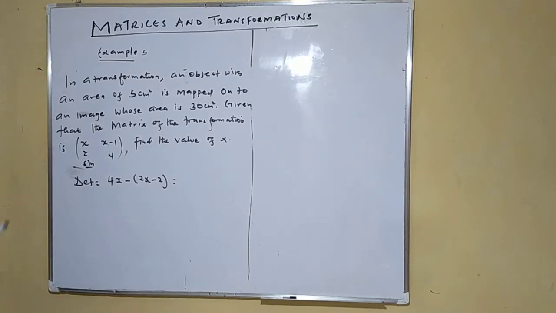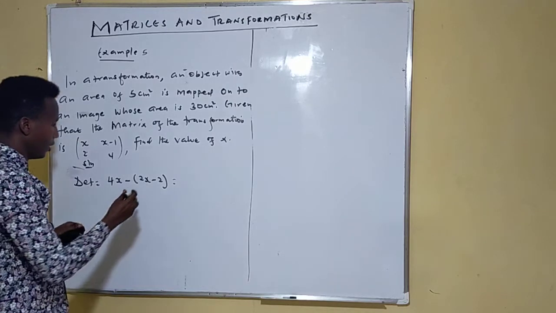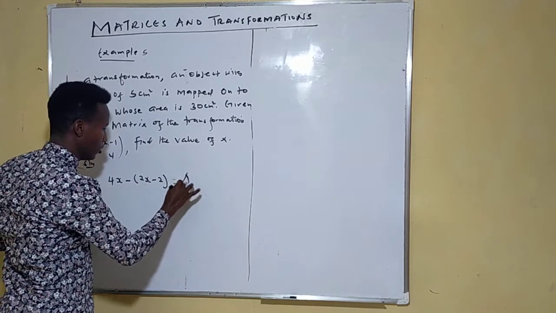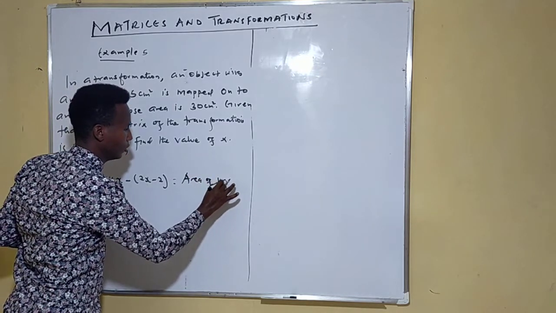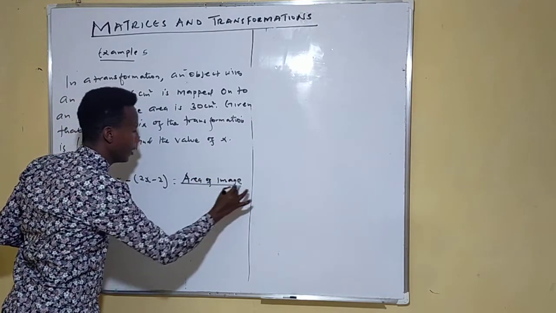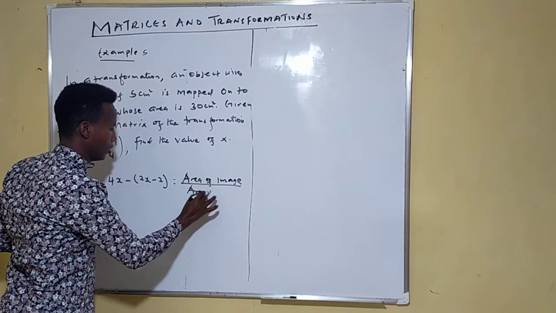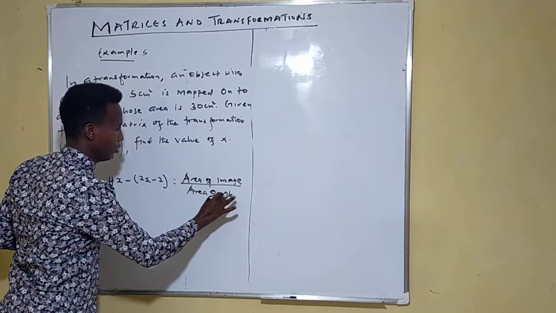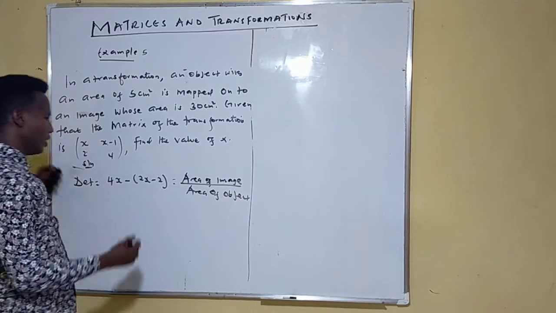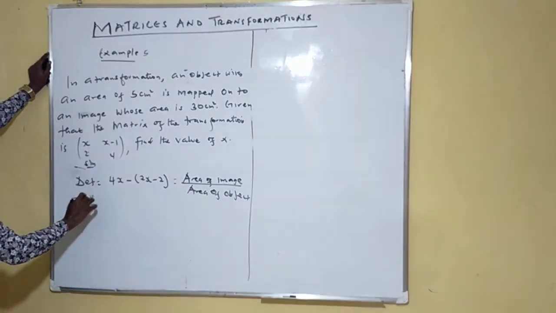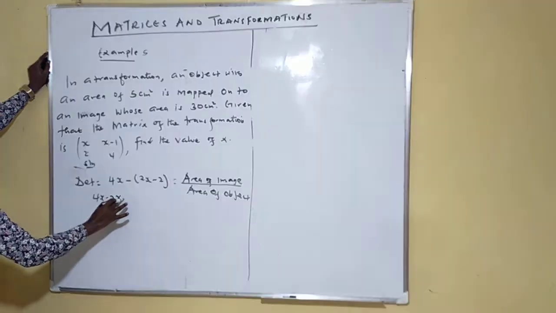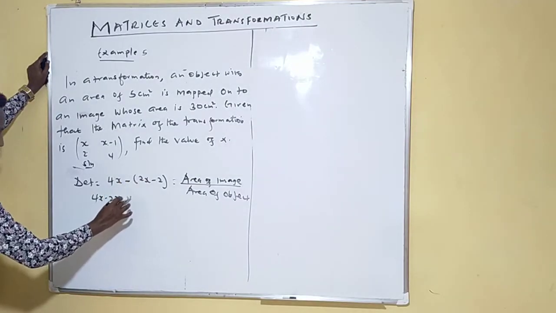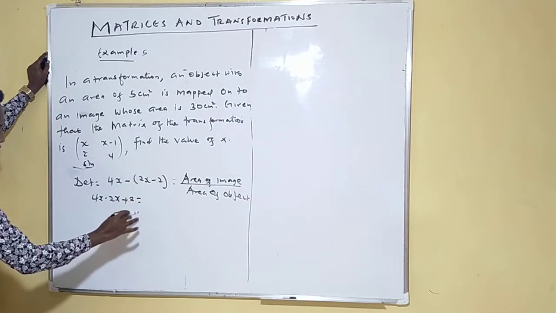Before I go into that, the determinant is equal to area of the image divided by area of object. So we'll have 4x minus 2x plus 2, because negative times negative is positive,